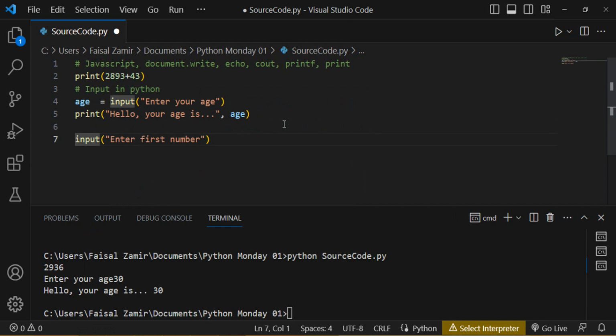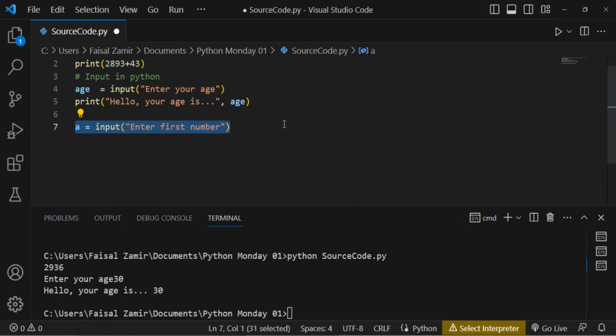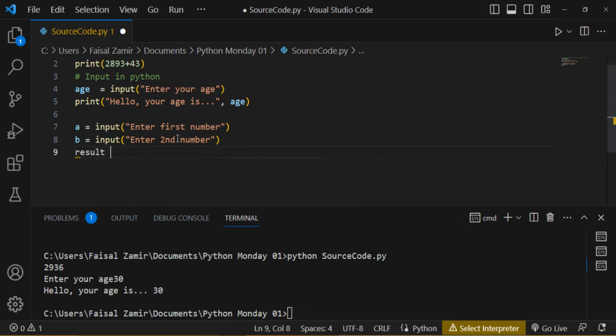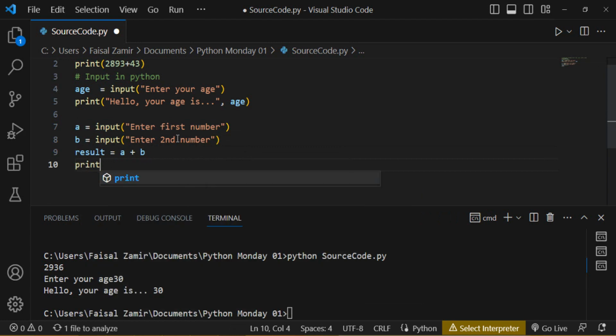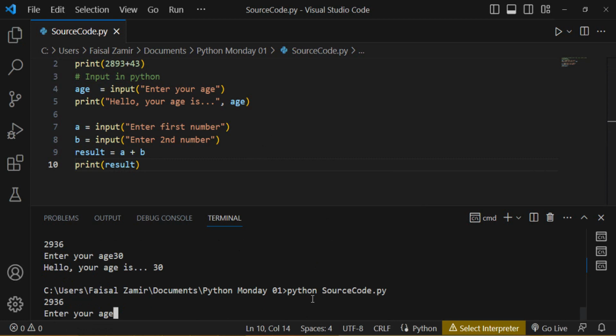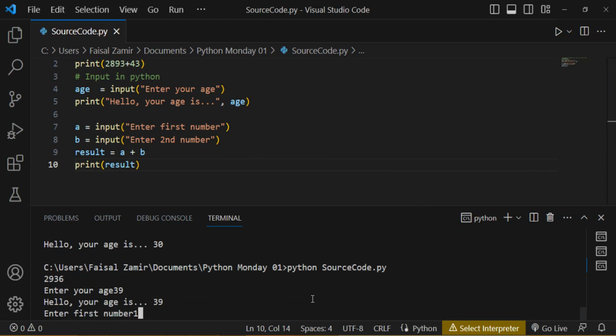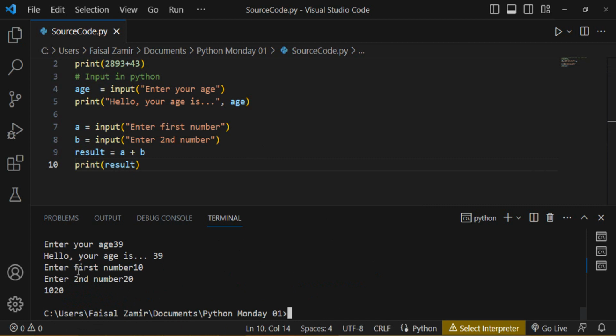This first number I want to take should be stored in a variable. Copy, and then paste here another number, enter second number, and then store it in the b variable. Now I want to add both: result = a + b, and then print result. So when I enter first number, for example 10, and second number 20, you would expect it to be 30,